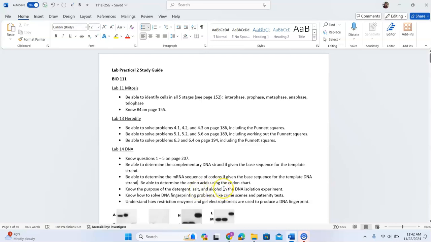And then the alcohol is used at the end to separate the DNA from solution based on density. If you remember, we poured the alcohol slowly down the side of our test tube, and what we ended up having was alcohol on top, DNA in the middle, and then our